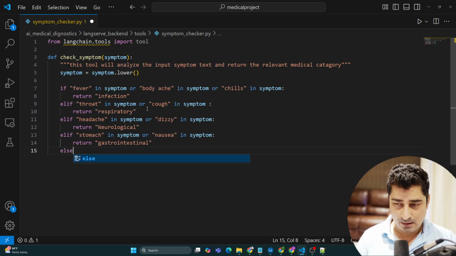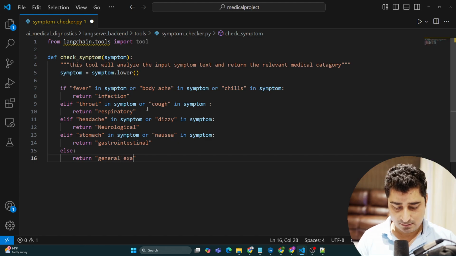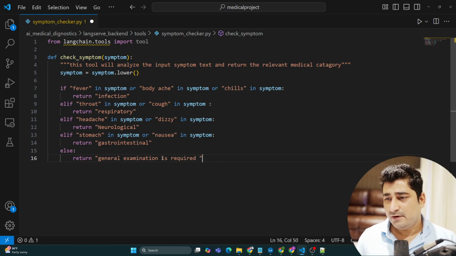Okay. Else try to return general examination is required. So this is a very basic function again I have created, and I'm not doing much over here, as